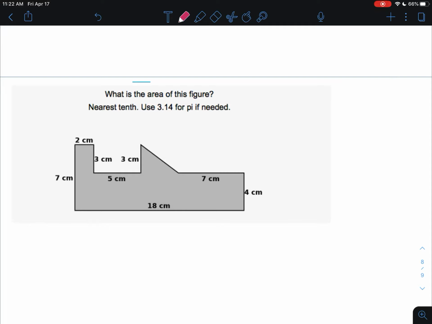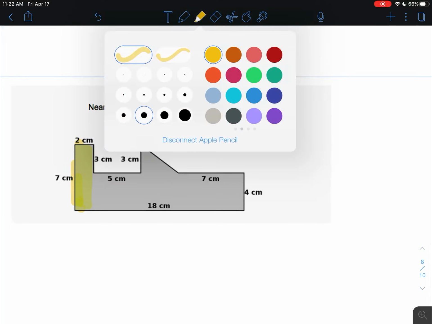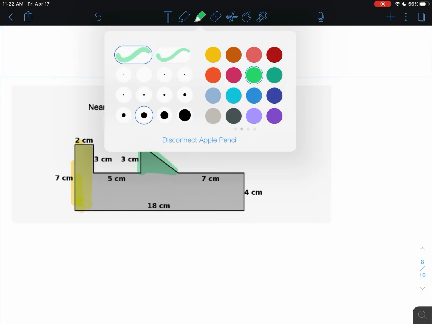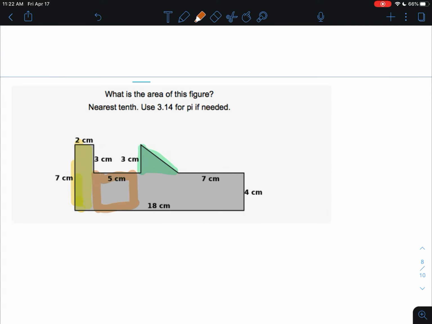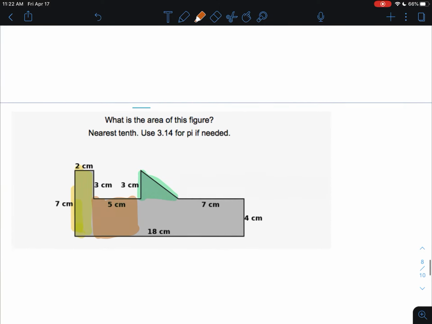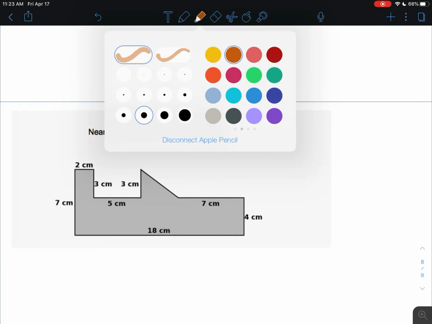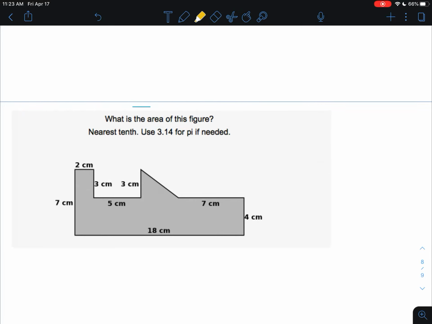Okay, so for composite figures, you can break them up in several different ways. We could look at maybe this rectangle here, the triangle here, and then the other sections of the different rectangles all the way across. But I think that probably the easiest way to look at it is, instead of making them long little boxes, I think the easiest would be to,